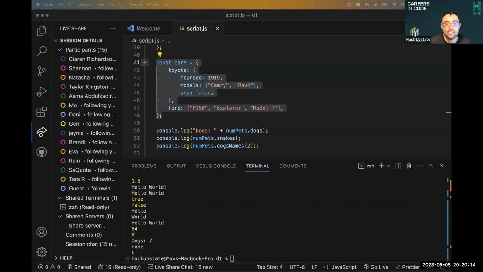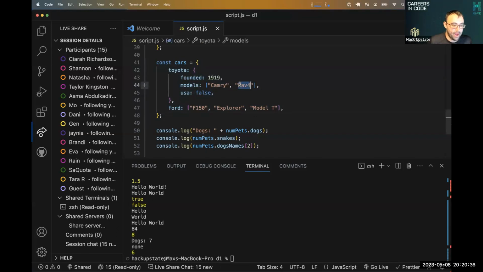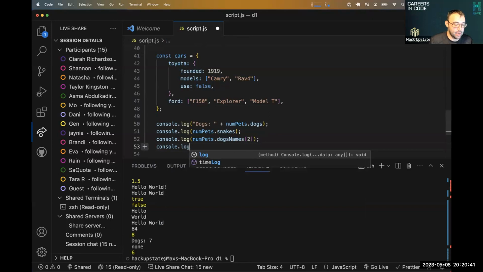Set your sights on a value in that object, whether that's USA false, whether that's 1919, whether that's the Model T. Play around with a console log and make sure that you can get the values out of the car's object. In other words, if I'm shooting for RAV4 to come out, I'm going to do a console.log, and it's